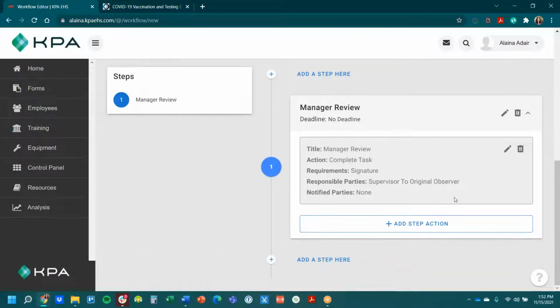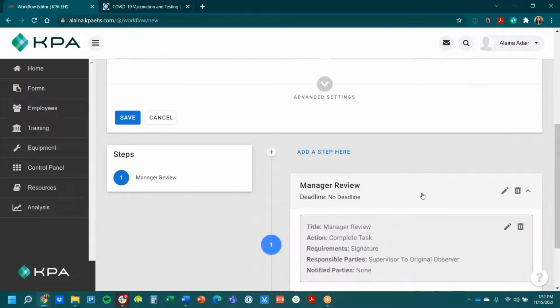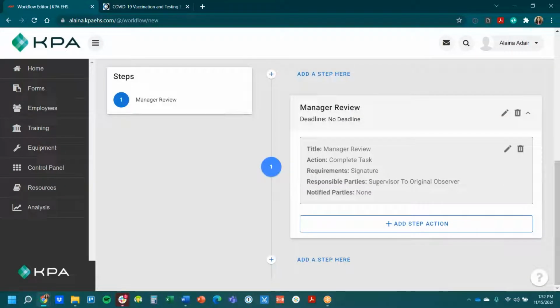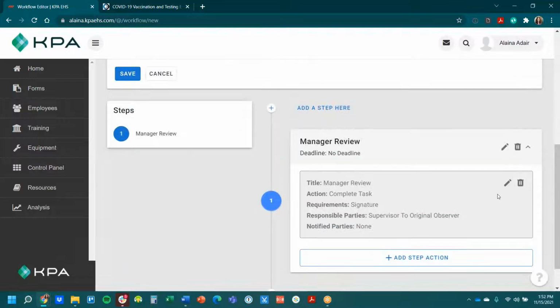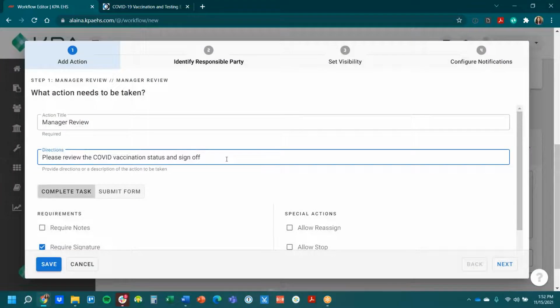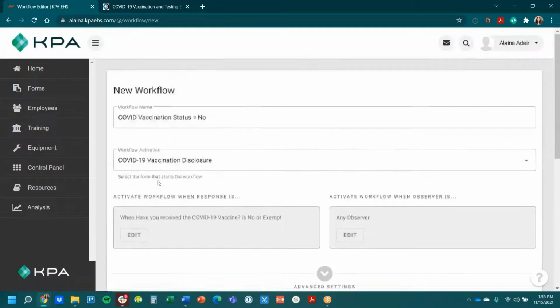And then it's just a one-step task to say, hey, review any exempt or no items. And then the next step they would need to do for the manager is to go mark their profile as either exempt or, which again, we can add instructions in here. Also, please mark the user's employee vaccination status on their profile. So that would be the other task that that user would need to do, is they do need to go